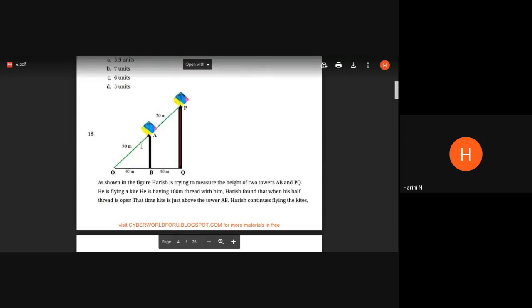So this is when it is 50 meters of thread is there. He is opening out. I hope you understand what is opening the thread. It is allowing the thread to untwine and the kite will soar. You understand how to fly, means when you fly a kite, you have to release the twine, correct? Only then it will fly. So the higher it moves, this length will keep increasing. Am I right?